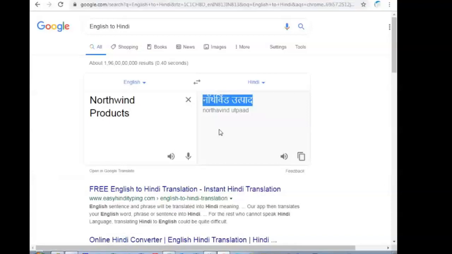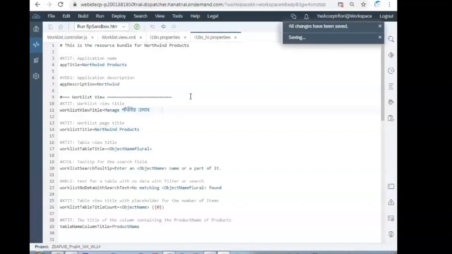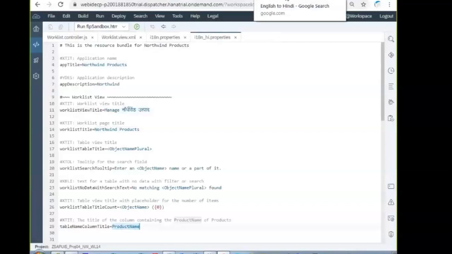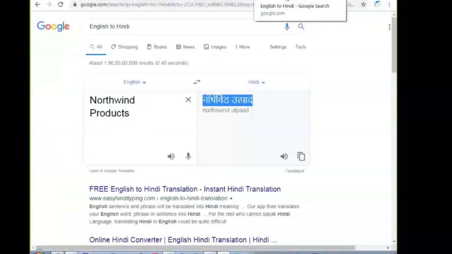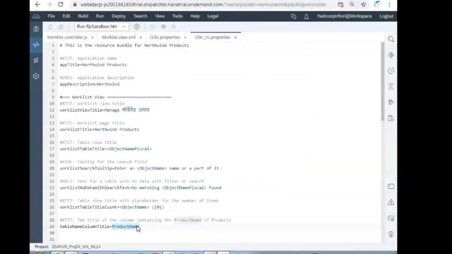Copy that Hindi on the right side to the I18N underscore HI product name. Don't make any changes, just copy and paste it into your I18N underscore HI dot property.